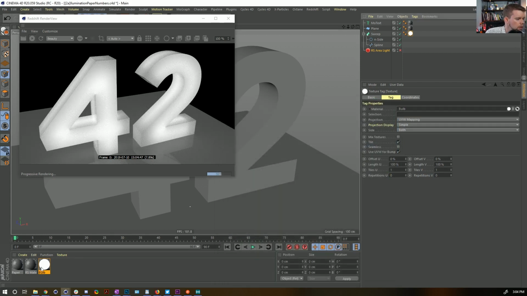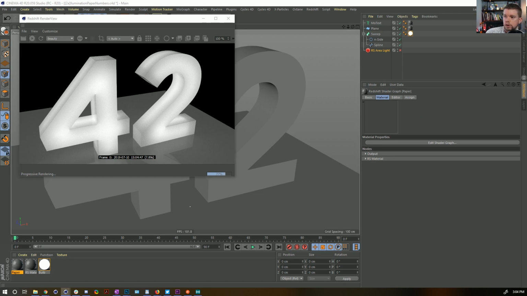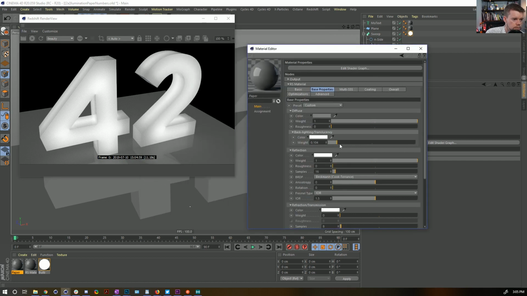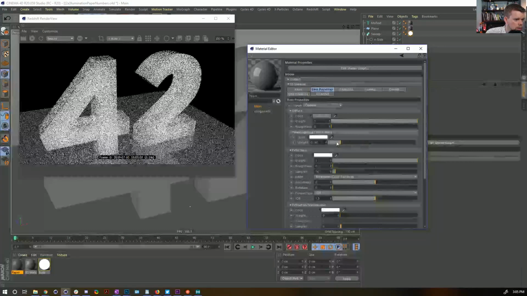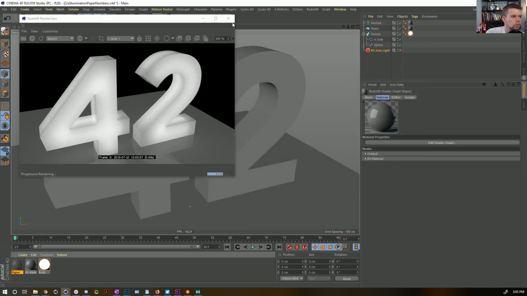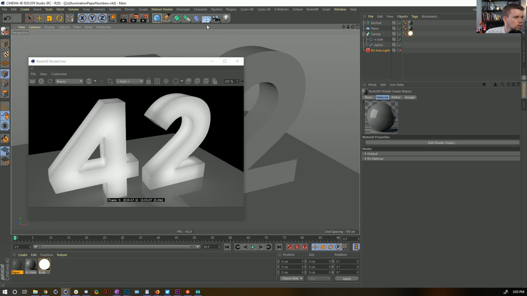Now, it's entirely possible that our paper material would have some sort of index of refraction or something associated with this backlighting. Yes and no. I mean, that's just one slider right now, but there could be additional variables, but that's incredibly close. And then the last thing I was going to say was we could put some additional geometry in the